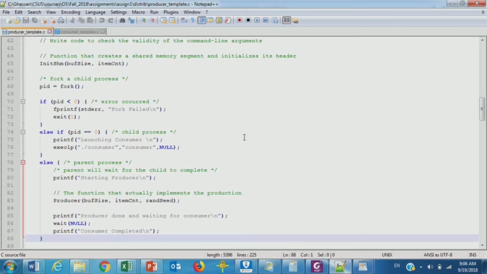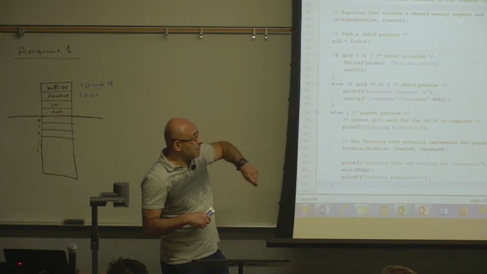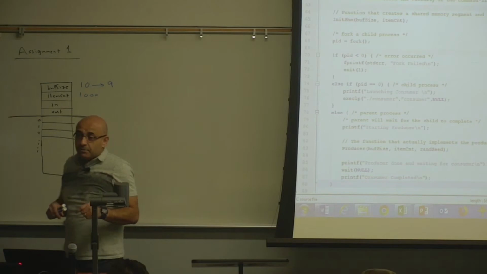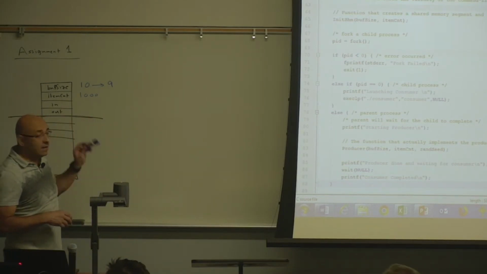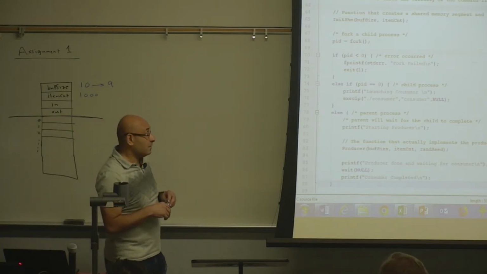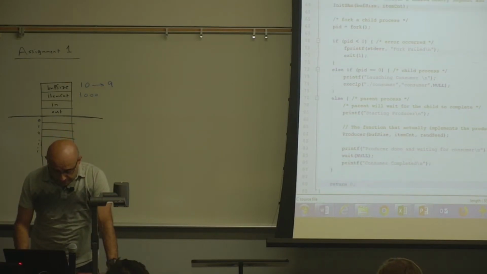We can never assume that the producer is going faster than the consumer or the consumer is going faster than the producer. The speed will depend on other processes in the system. In fact, with this program, if you rerun your program, you may get different results, because when you rerun it, the relative speed will be different, and you will get to experiment with this.